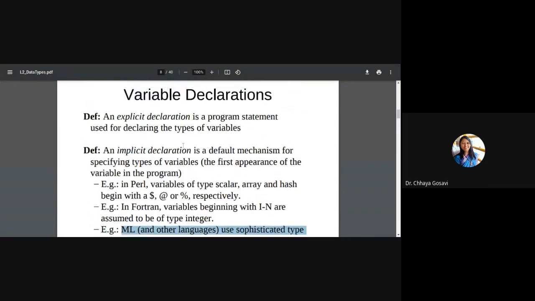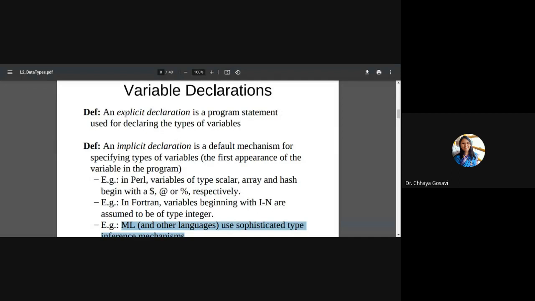Now, which is advantageous, explicit declaration or implicit declaration? You understood what is explicit declaration? Like in C, C++, Java, we define the type of variable before its use. Variable must be defined. The user has to declare the variable. But in case of Python, now you are doing your assignments with Python, you are familiar with Python variables. We can assign the value and the type is decided by the system. So which one is good, implicit or explicit, and why? Can you discuss?